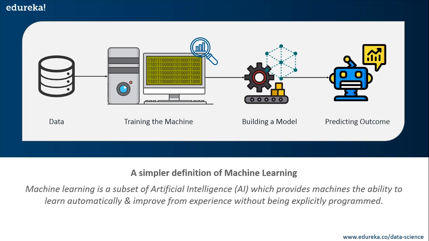In simple terms, machine learning is a subset of artificial intelligence which provides machines the ability to learn automatically and improve from experience without being explicitly programmed to do so. In the sense, it is the practice of getting machines to solve problems by gaining the ability to think. But wait, how can a machine think or make decisions? Well, if you feed a machine a good amount of data, it will learn how to interpret, process, and analyze this data by using machine learning algorithms.